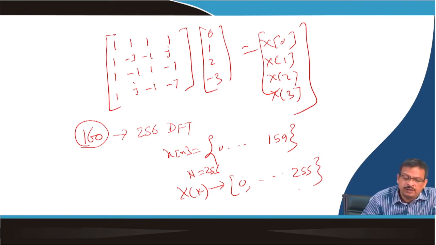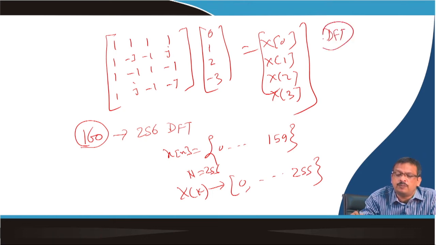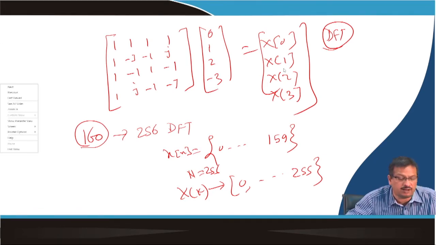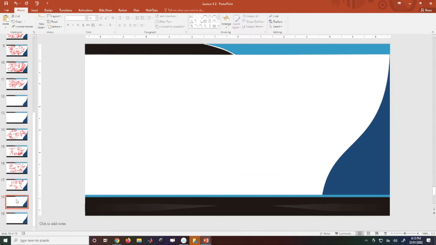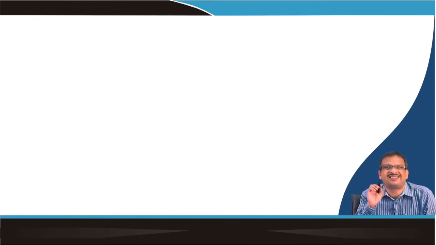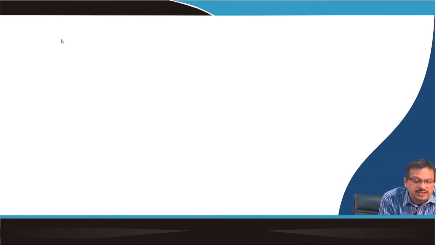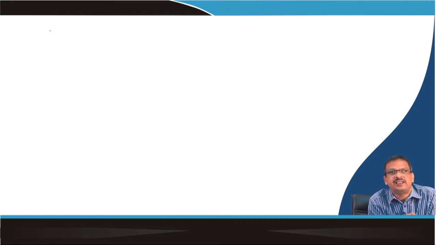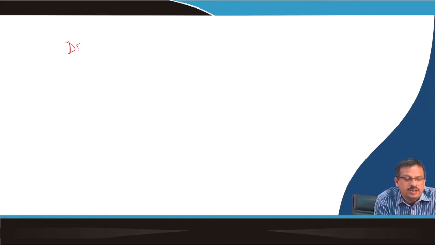So how do I do it? First, I have to write a program of the DFT. Very simple. Let us take another slide. Simple maths, without any simplification of complexity and other things. I just want to implement DFT in a C function. So write a C algorithm for computing the discrete Fourier transform.